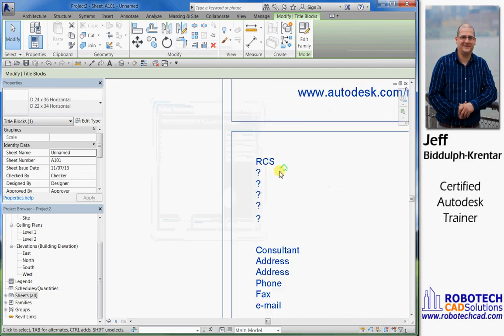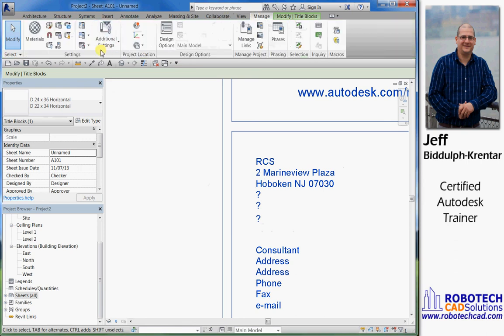So we have our consultant one's name, address, you could also fill this out inside the project information. If you go to your Manage tab and go to Project Information,